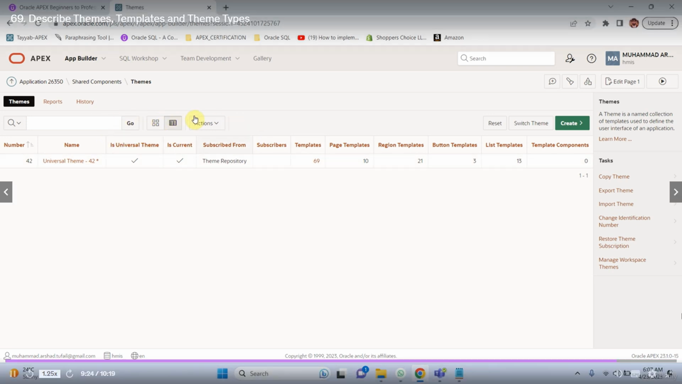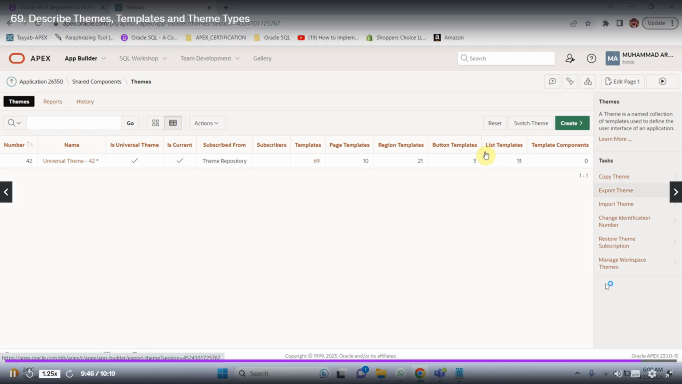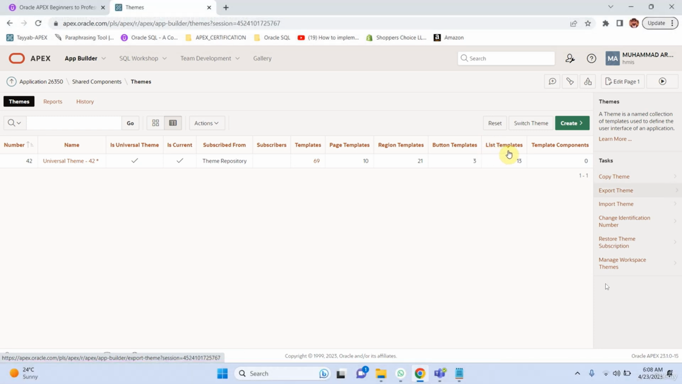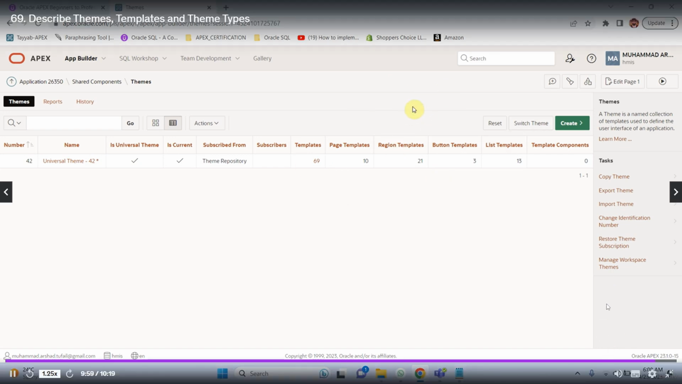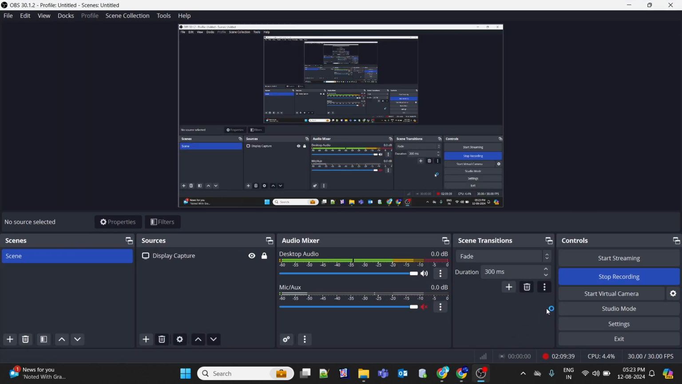It is subscribed from the theme repository, and it has 69 templates: page templates 10, region templates 21, button templates 3, list templates 13. At the right side, we have the option to copy the theme, and then we can export the theme. If you already have a theme, you can import that theme into your workspace. If you want to switch the theme, you can use this Switch Theme button to switch between different themes. And here we have an option to create a